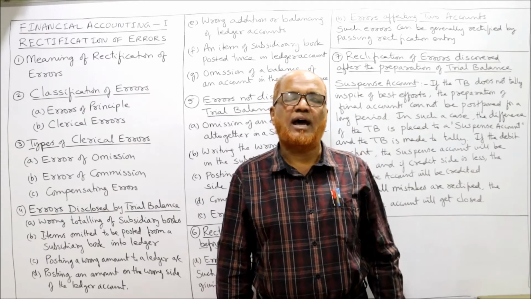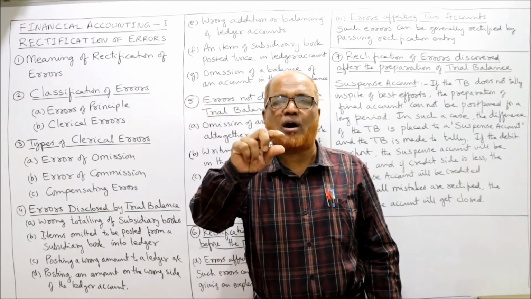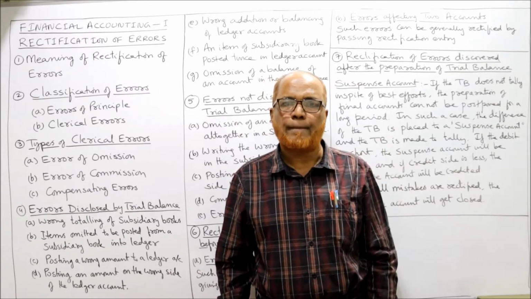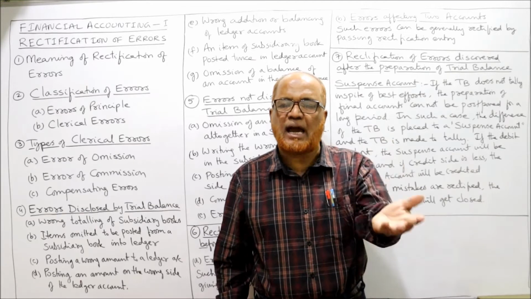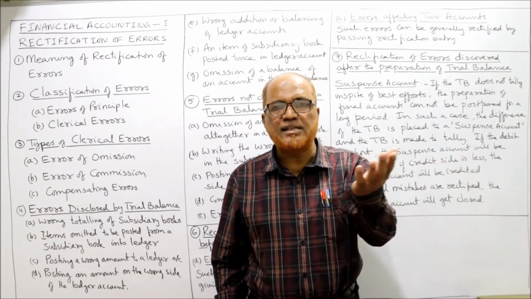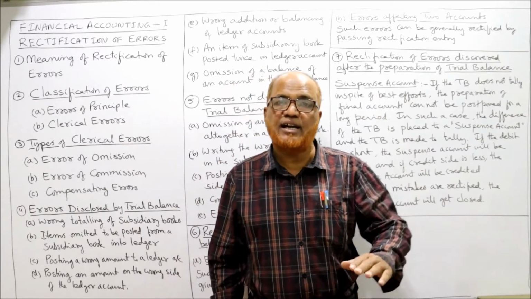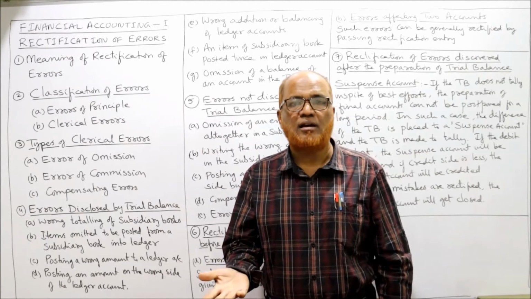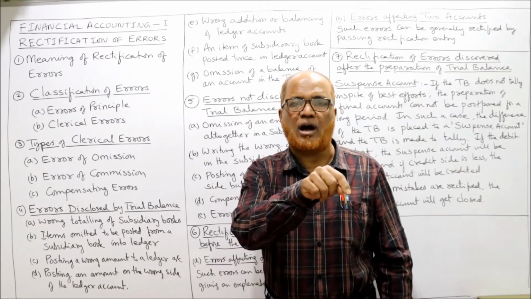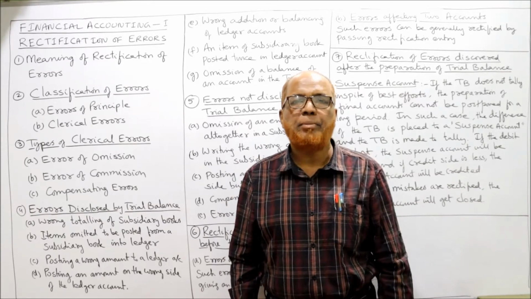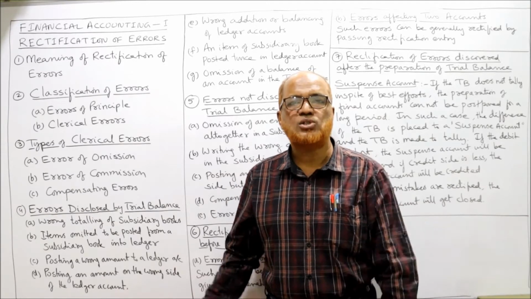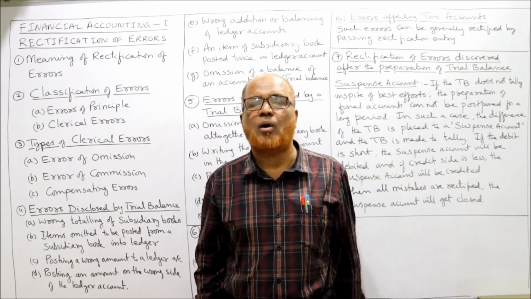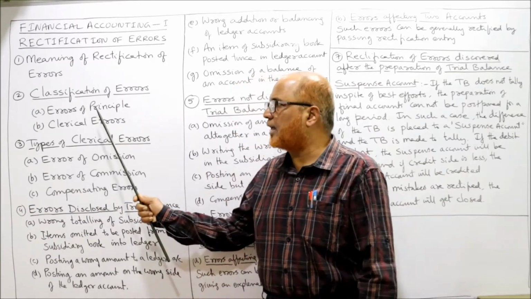But by mistake, the accountant has written the entry purchases account debit to bank. So instead of debiting machinery, he has debited purchases. Actually, when we purchase machinery, it is a capital expenditure. But by mistake, he has treated it as a revenue expenditure. This type of error is called error of principle. We are violating the accounting principles, the accounting rules.